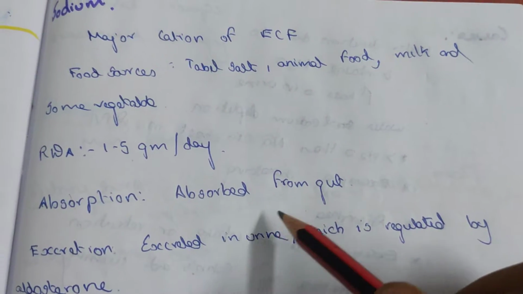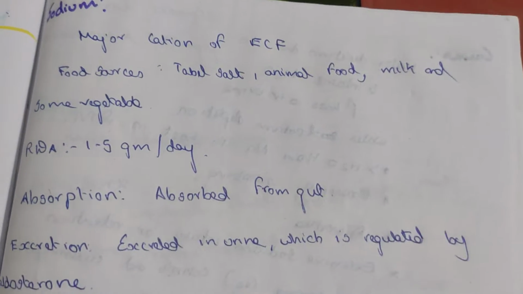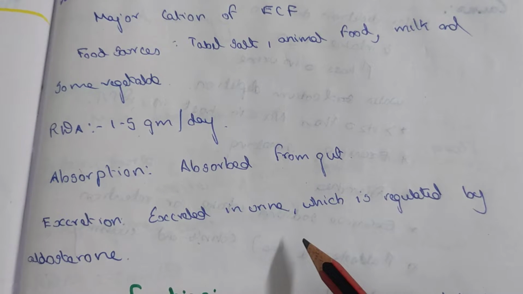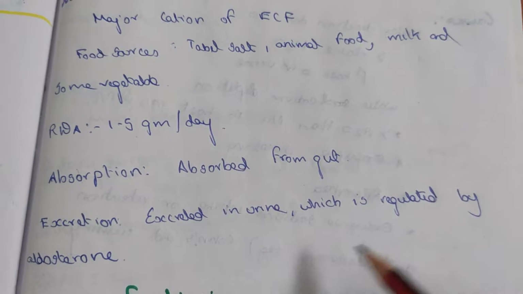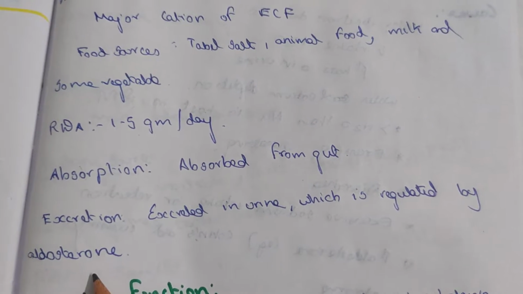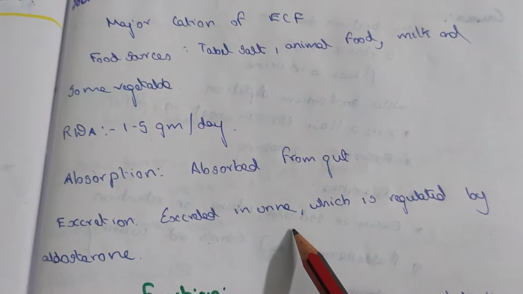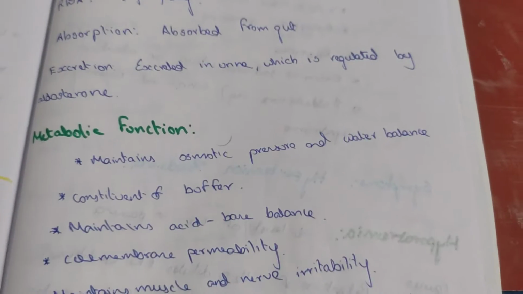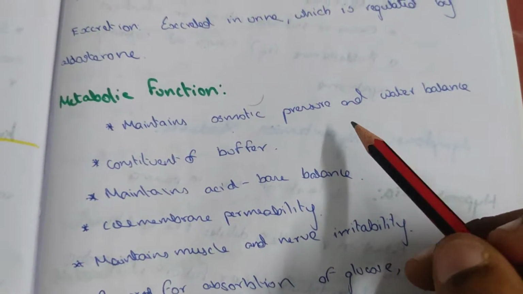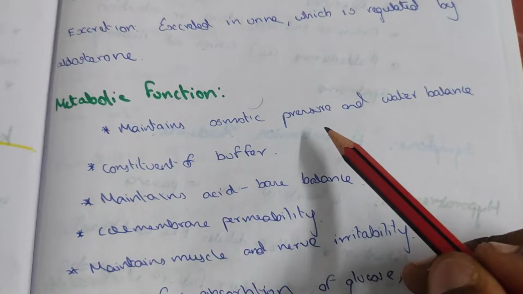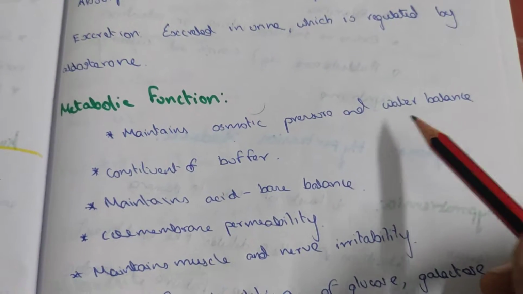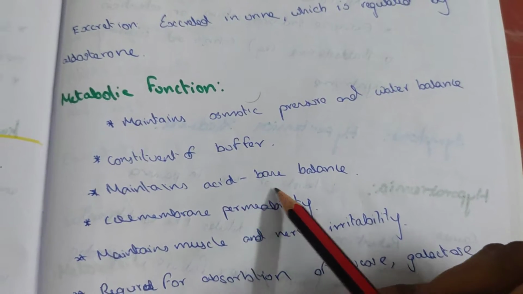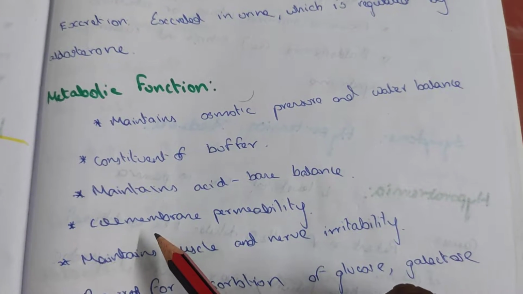The absorption is by the gut, which is our intestine. The excretion is in urine, which is regulated by aldosterone. This hormone, aldosterone, regulates the excretion of sodium through urine. The metabolic functions of sodium are: maintains osmotic pressure and water balance, constituent of buffer, maintains acid-base balance,